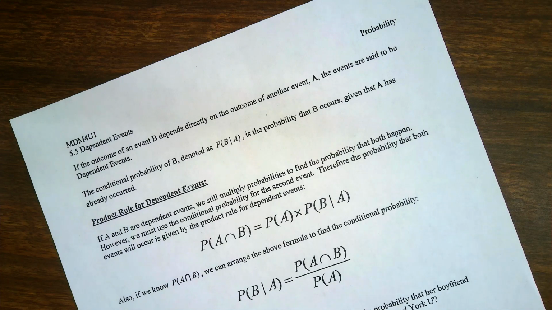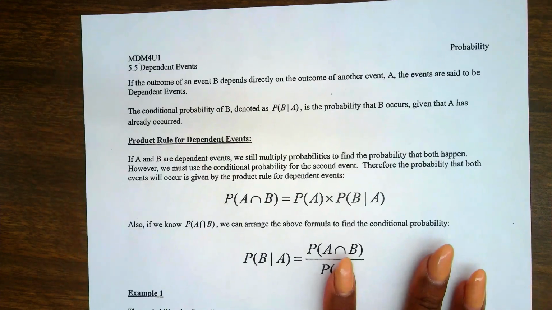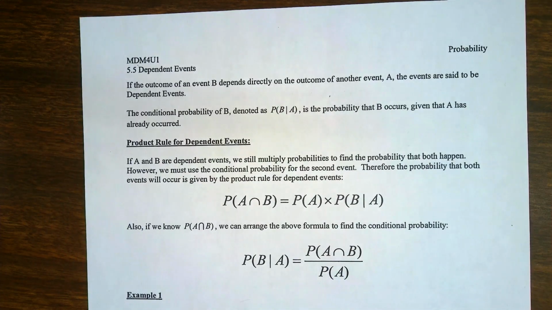It's not too long of a lesson, but it is a new formula. So yesterday we did independent events. Today we're looking at dependent events. So what that basically means is the probability of an event happening only if something else has already happened, essentially. So I'll read through the little blurb at the top, what the formula means, and then we'll run through a